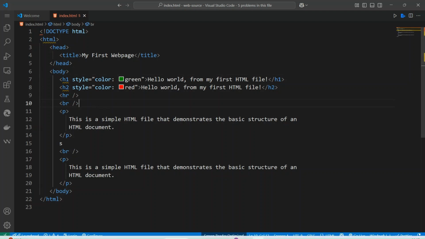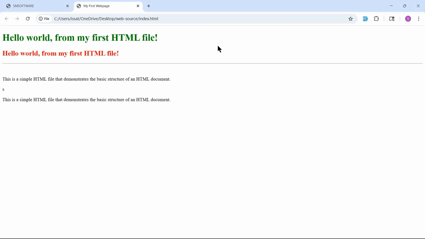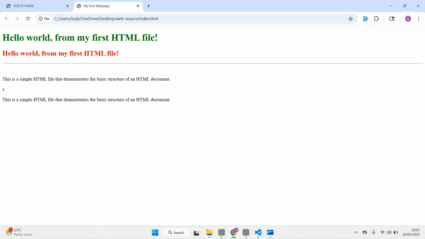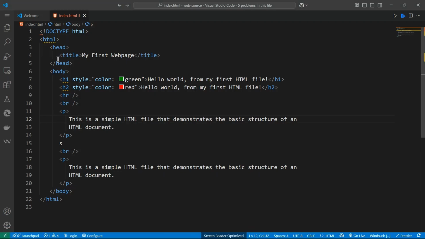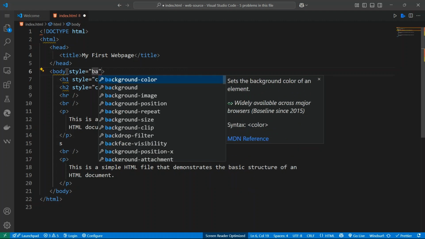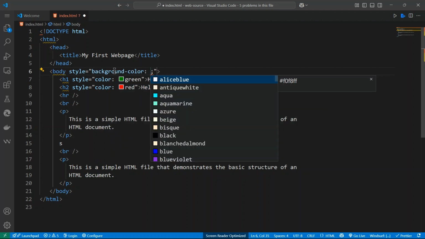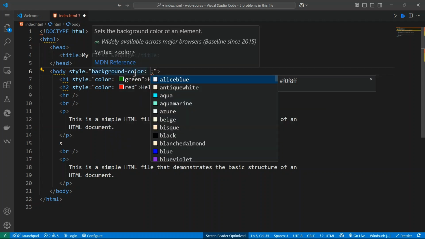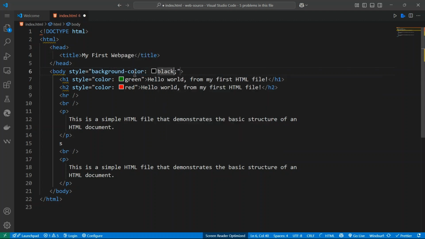Since we want to style this body tag to give it color red or black or any color, we can come here to the body and also add style. Let's say, for example, background. Since we want to set the background color, we can set background-color. This stands for the background color. Let's set background color to black. So if I save that,